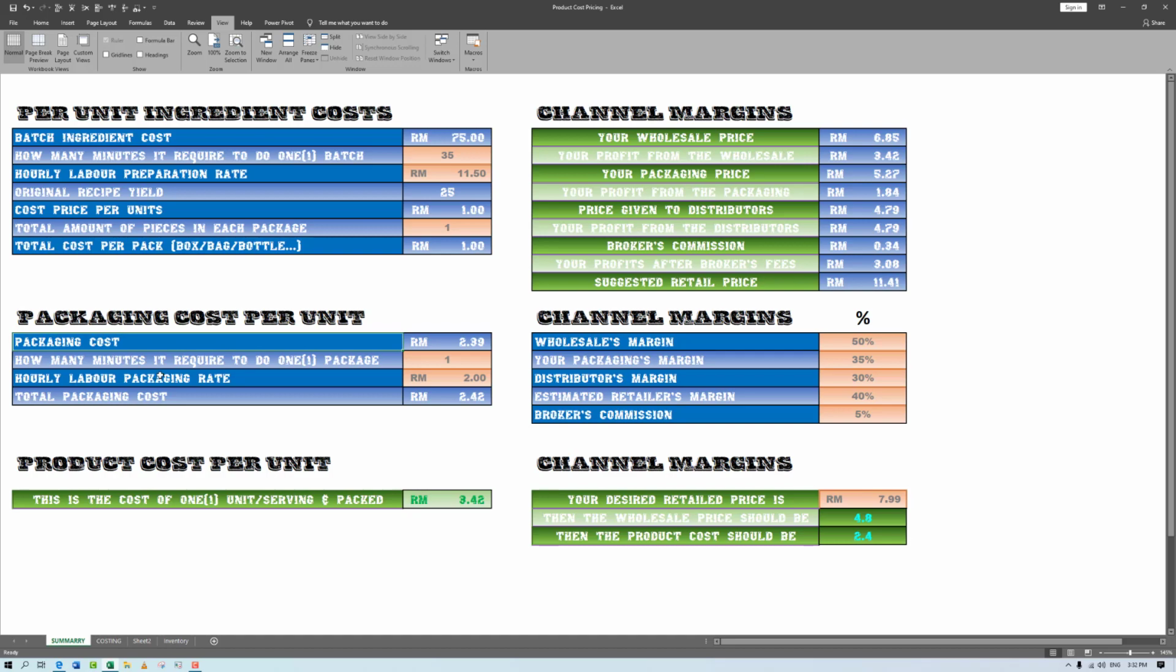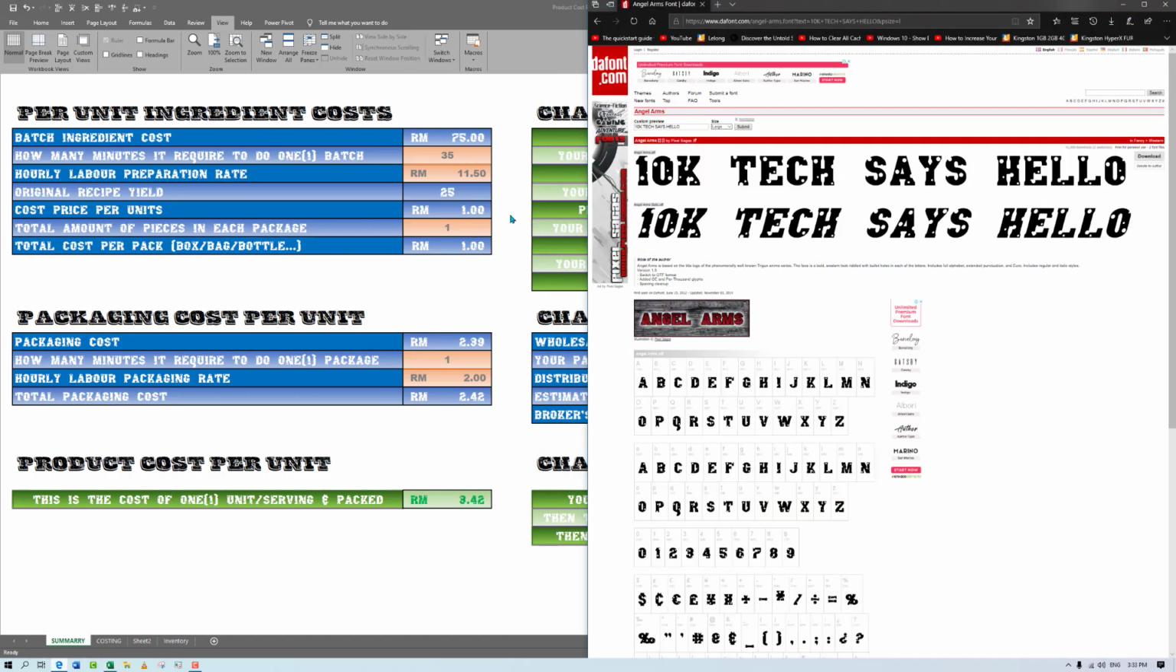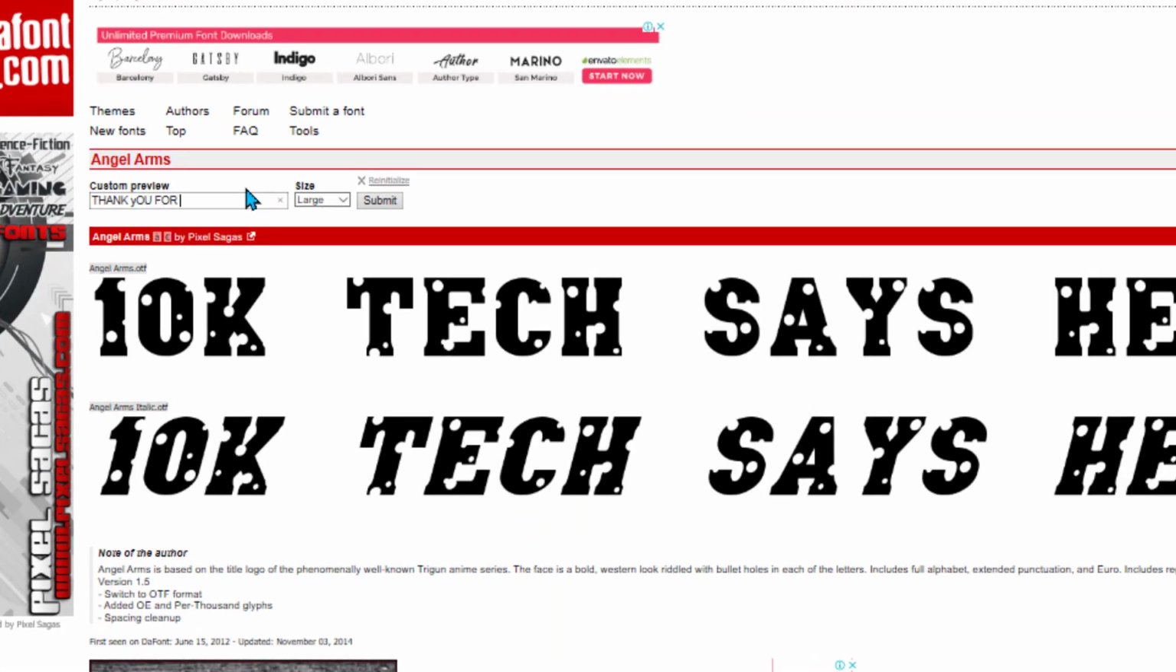This one here is called Angel Arms, and please be prepared, because this computer is extremely slow. If you go to the internet and type this here, I will put a link in the description below, so please do look into it, and you can find this. We have many more if you want. So let's say I can say this, like so,